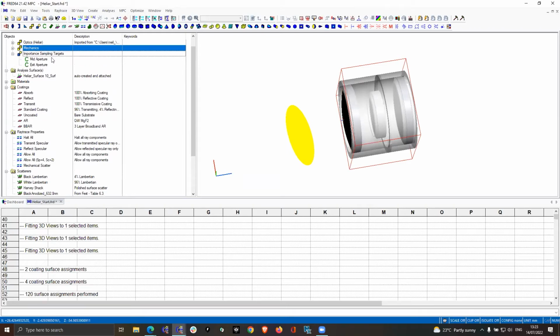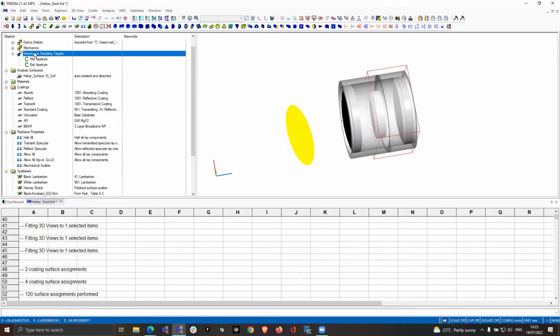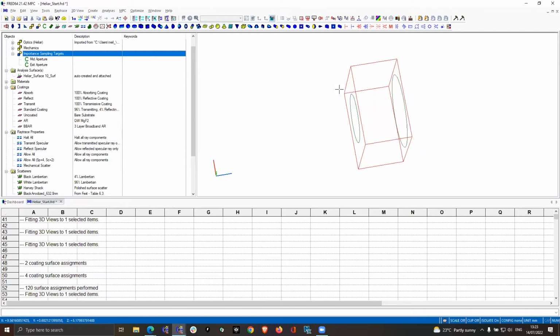So in the important sampling area, I've defined 2 curves. And if I just isolate those, you can see that they're really very simple. Just 2 curves, one in the middle of the optical system and one at the end. And we're going to use these curves to define some